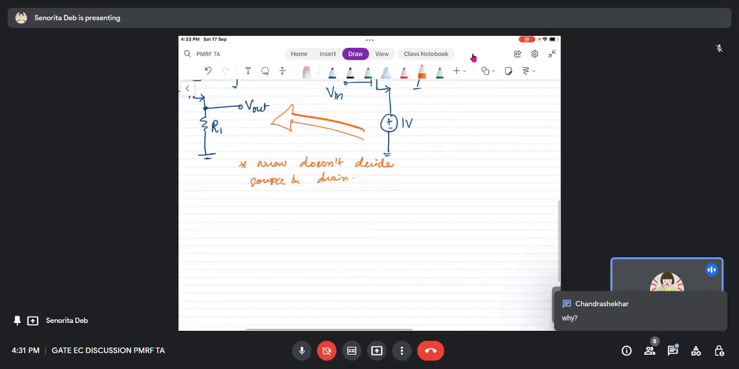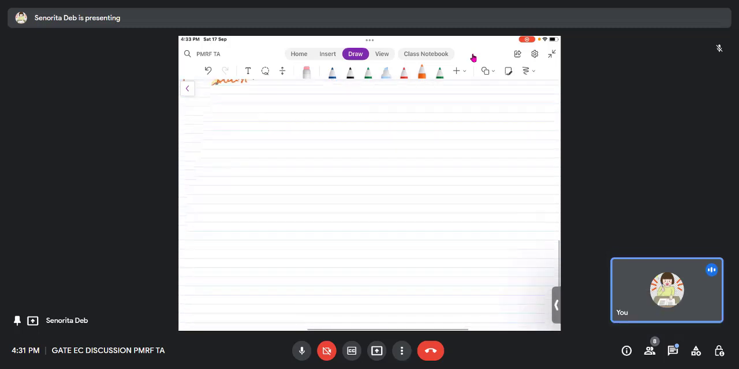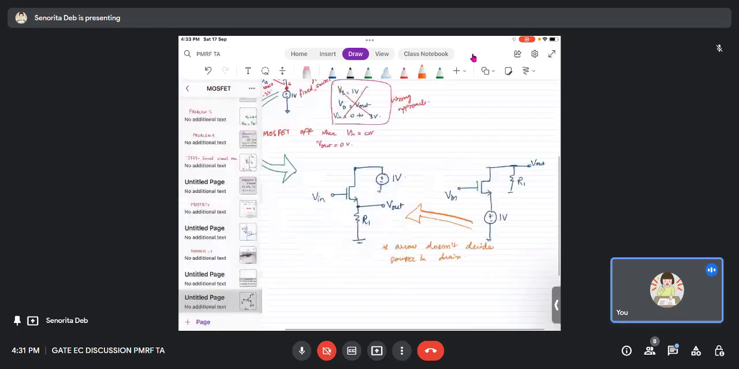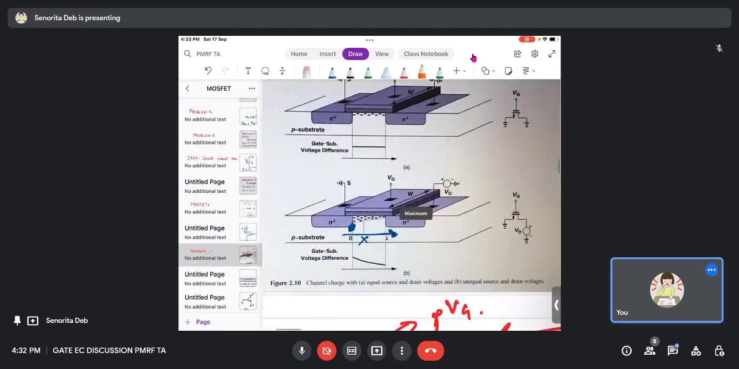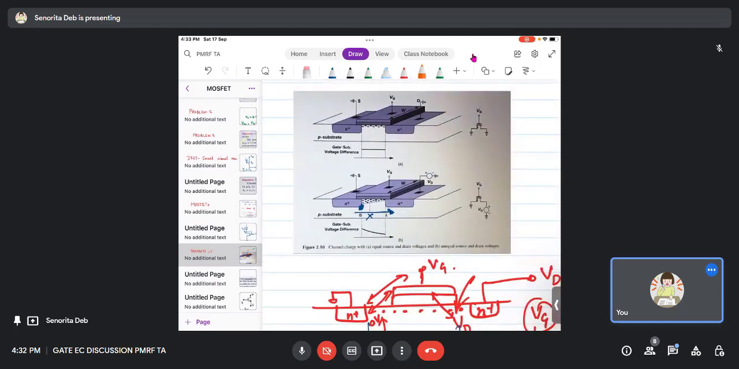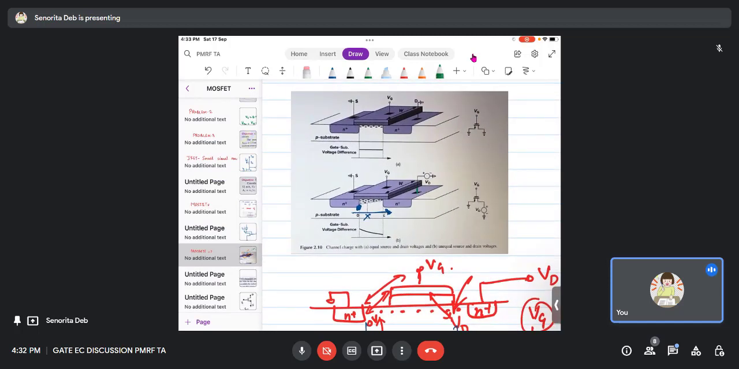So how will source and drain be decided? Chandrasekhar is asking why. Last class we saw this diagram, right? What is happening here? The drain is getting a potential here, plus minus, and the source is grounded. So the drain is getting a positive potential, more positive than the source, and that's why the current was like this, right? You remember? Now if I had put it just the opposite way, if I had connected plus minus here